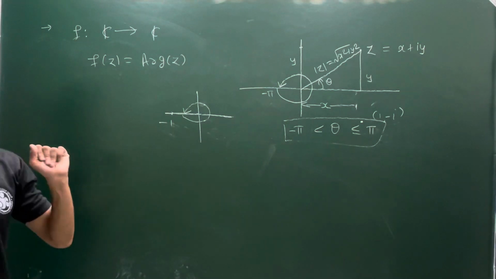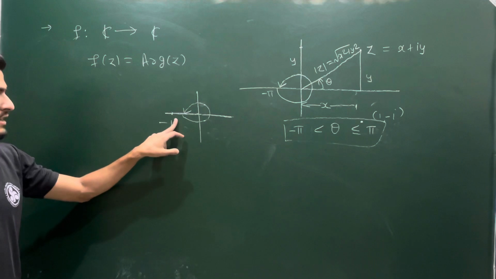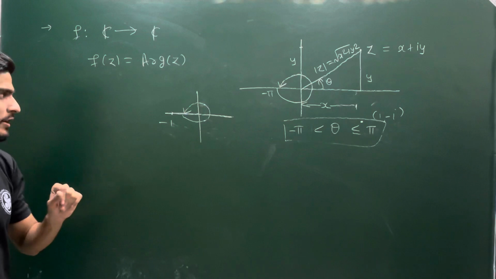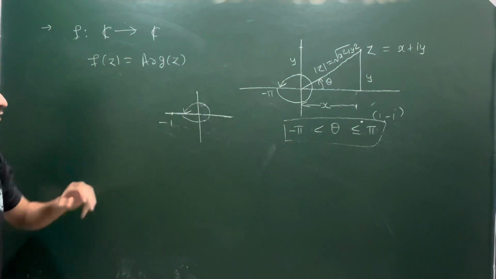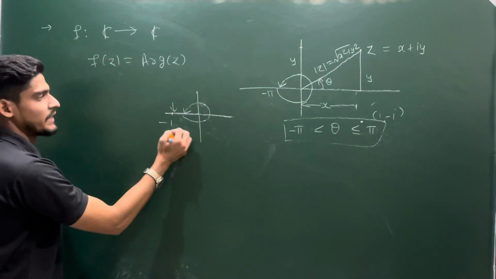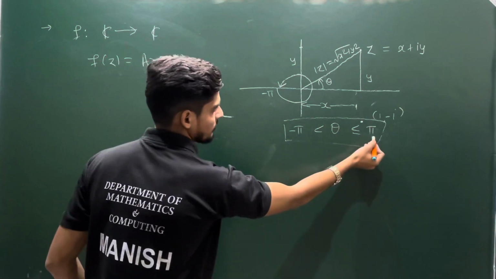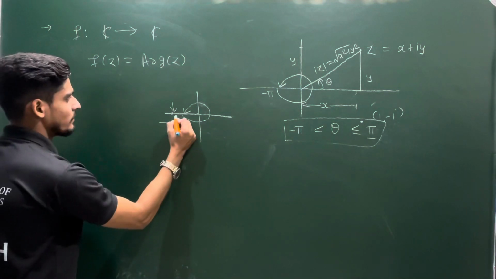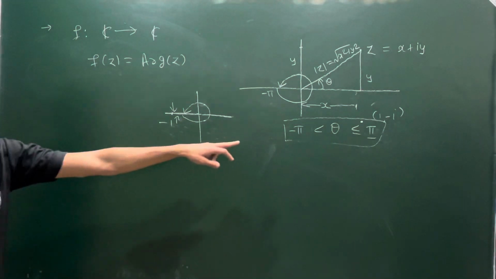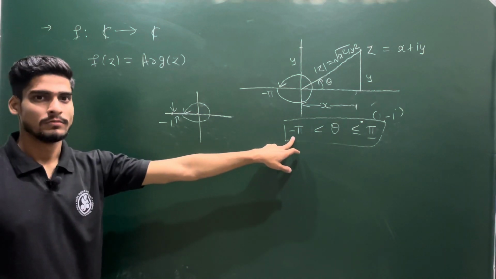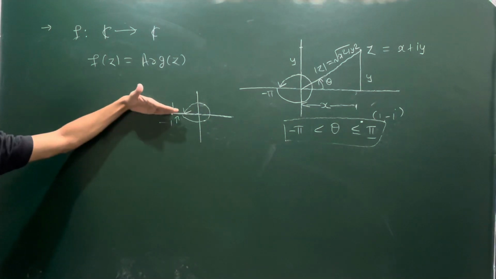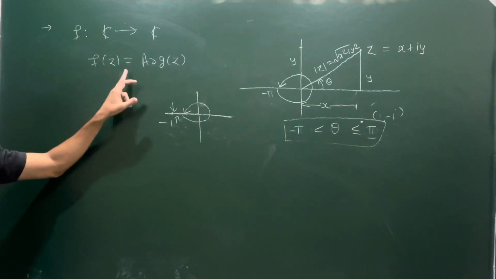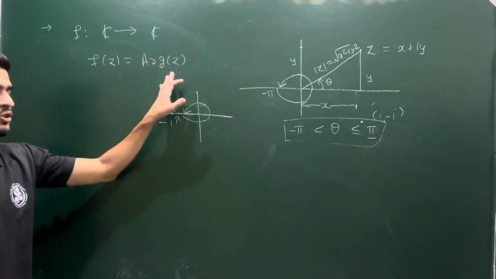And what is the definition of continuity? If you approach minus 1, I have not taught you the complex function, but you know the definition of continuity. This is the minus 1 point. If you are approaching from this side, then you are going to achieve minus pi. And if you are approaching from this side, you will get the pi value. So this function is discontinuous on this line that you are observing. So the domain of definition on which this function is continuous will be,